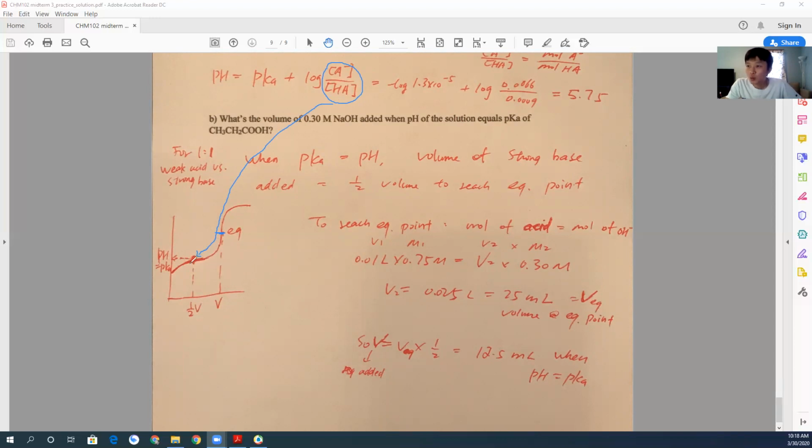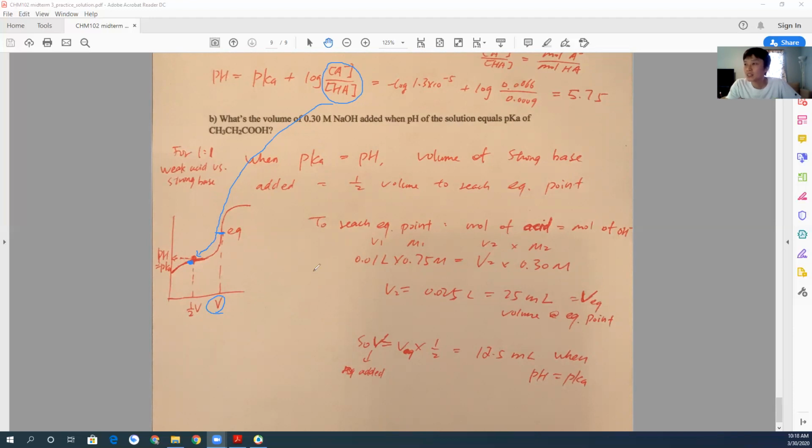Right, so at this point, the pH is equal to pKa. So all you need to do is find out the volume required at the equivalence point. The half of that volume will be the volume at this point. To achieve the equivalence point, you want the amount of hydroxide added to equal the amount of